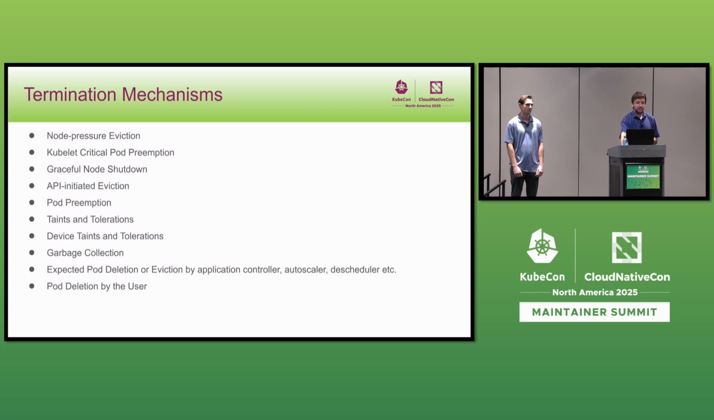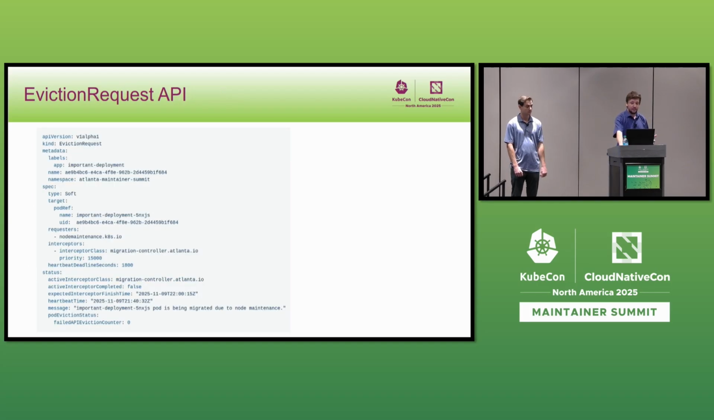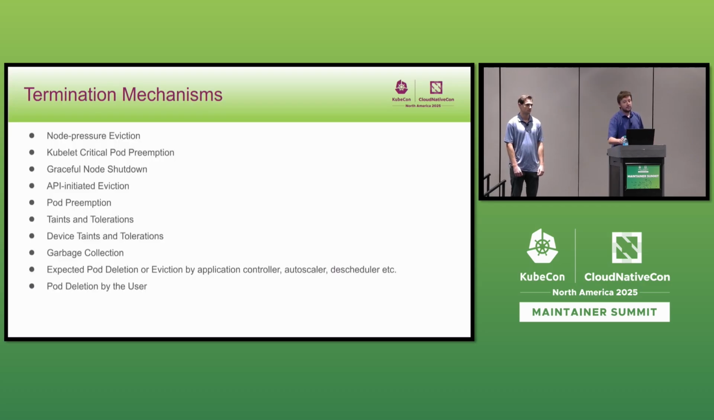So as we know, we have many termination mechanisms. So it's not just the API-initiated eviction. It's, for example, taints and tolerations and node eviction. So this would not work for every scenario, but we can try to